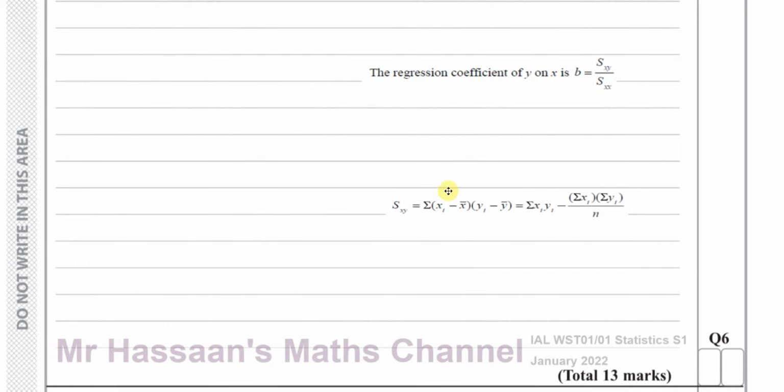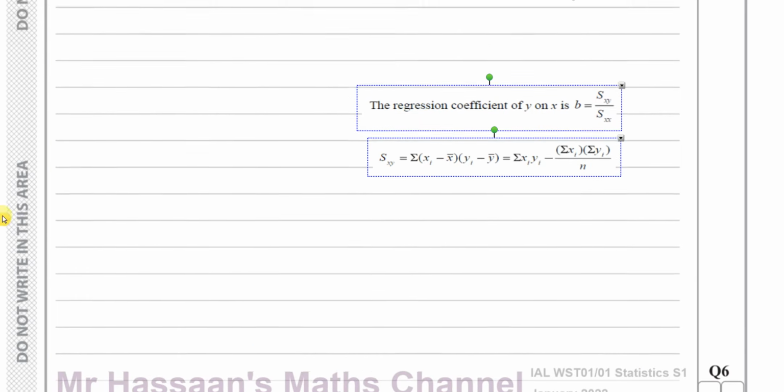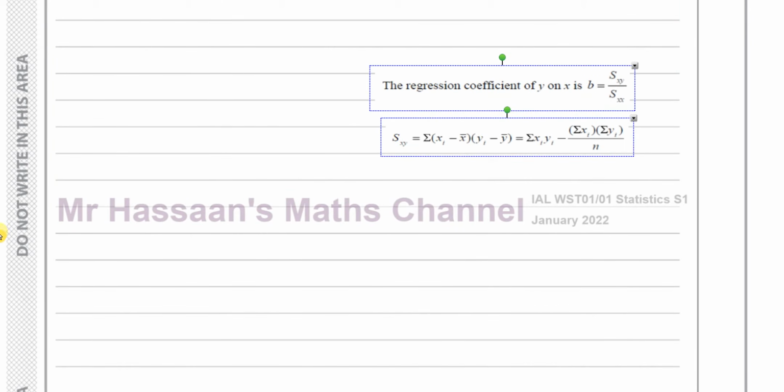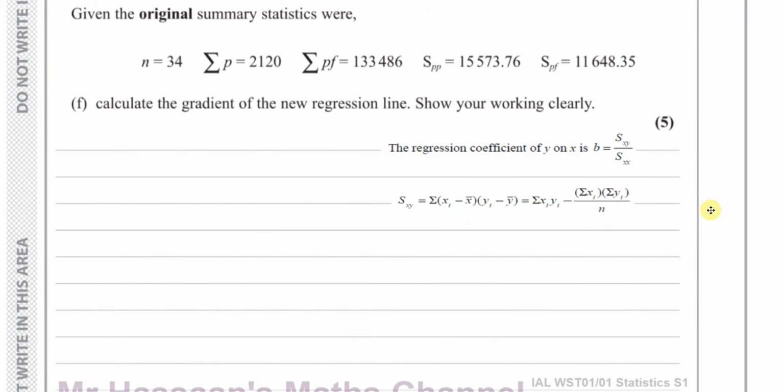I've just copied these from the formula book. Now, from the formula book, these two equations are what we need. The regression coefficient of y on x is b equals Sxy over Sxx. So this is basically the gradient of the regression line b. That's basically the same as saying Spf over